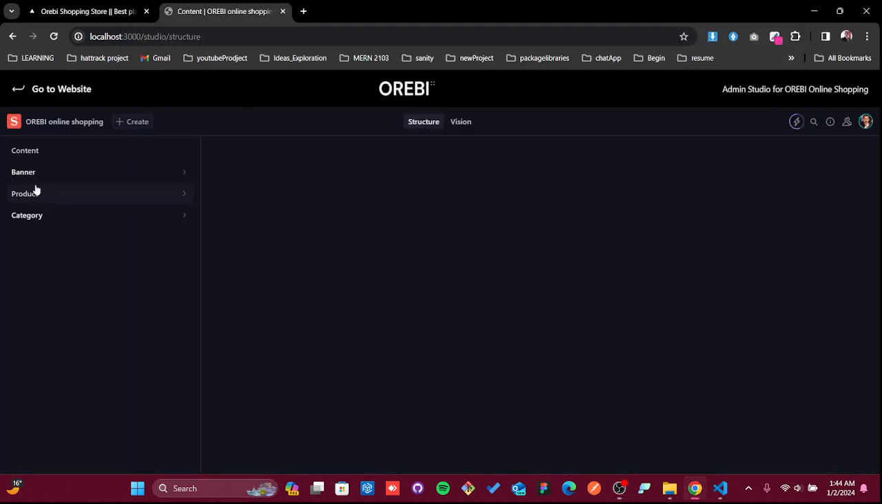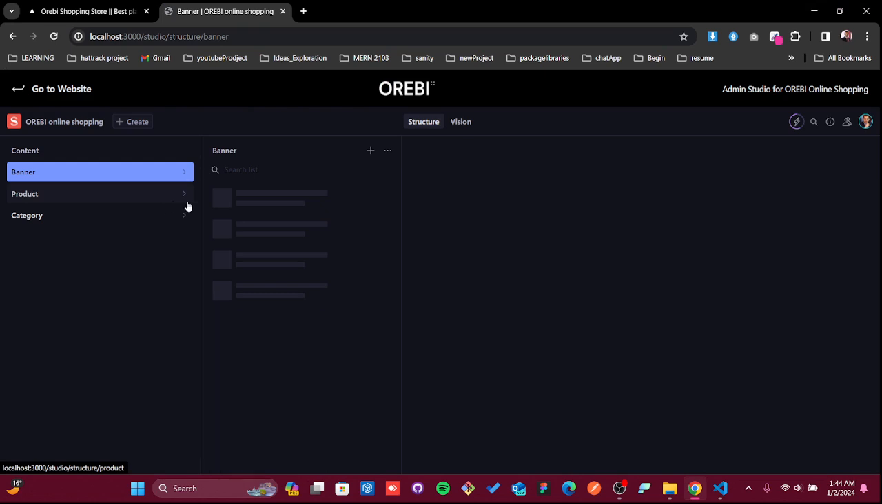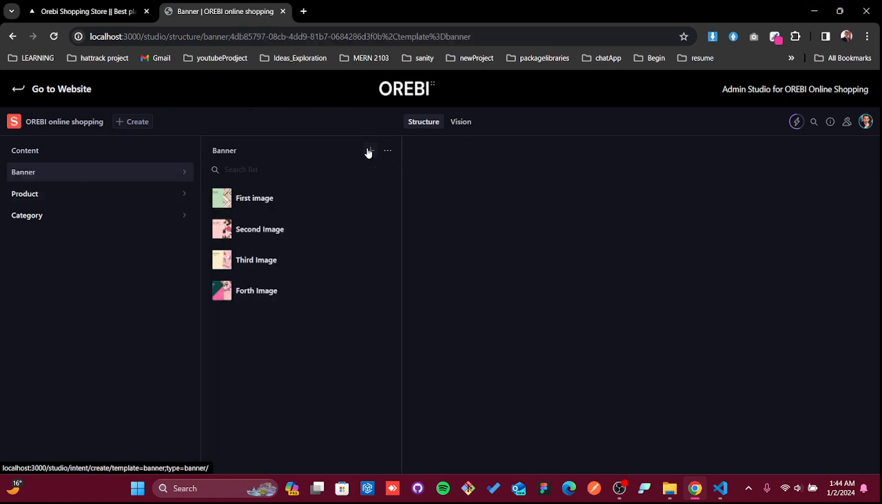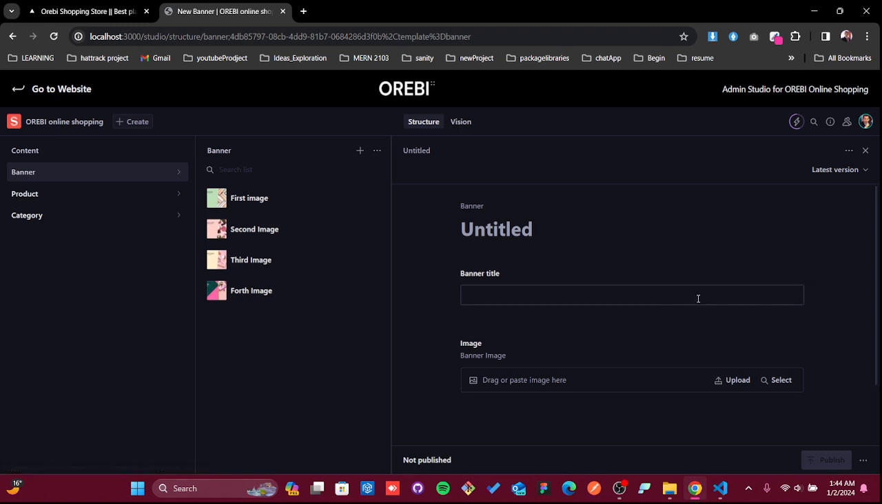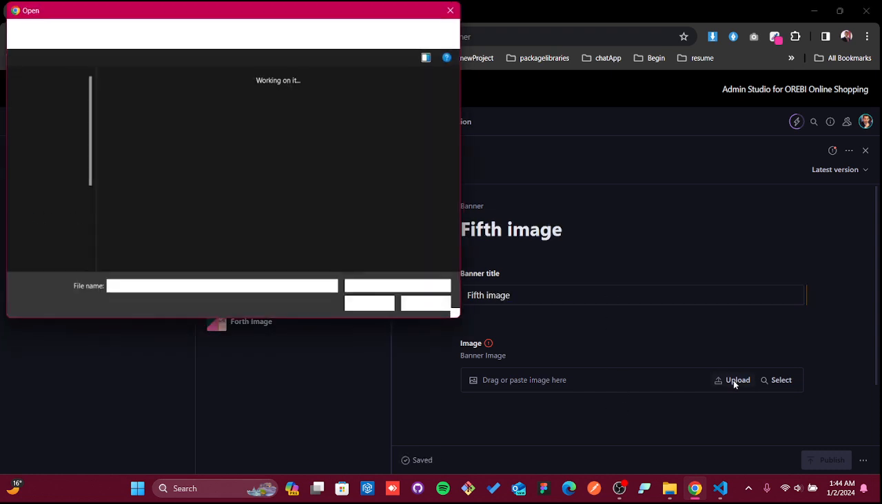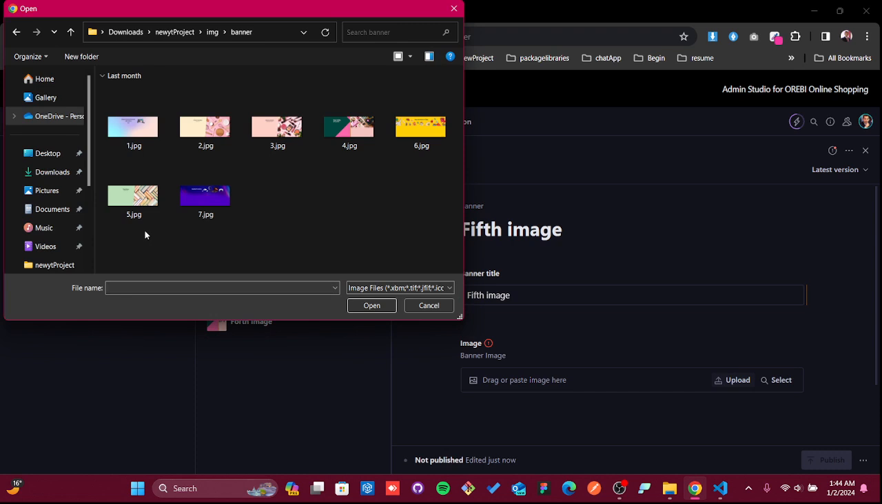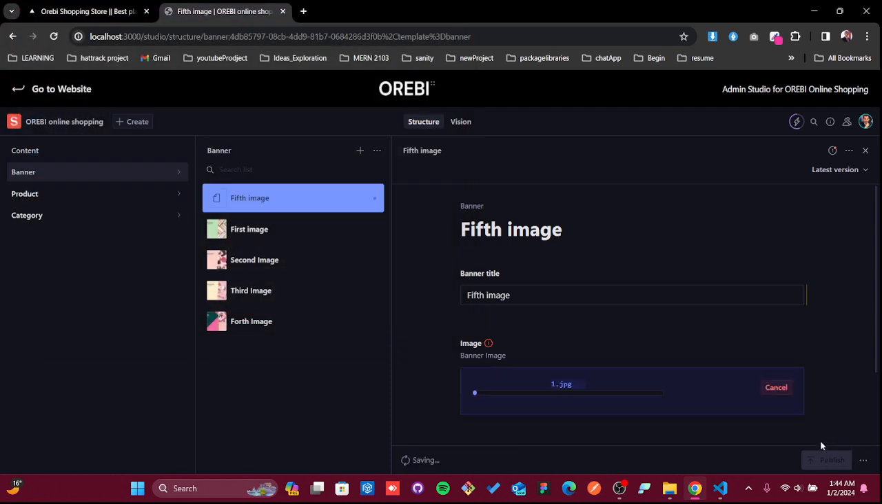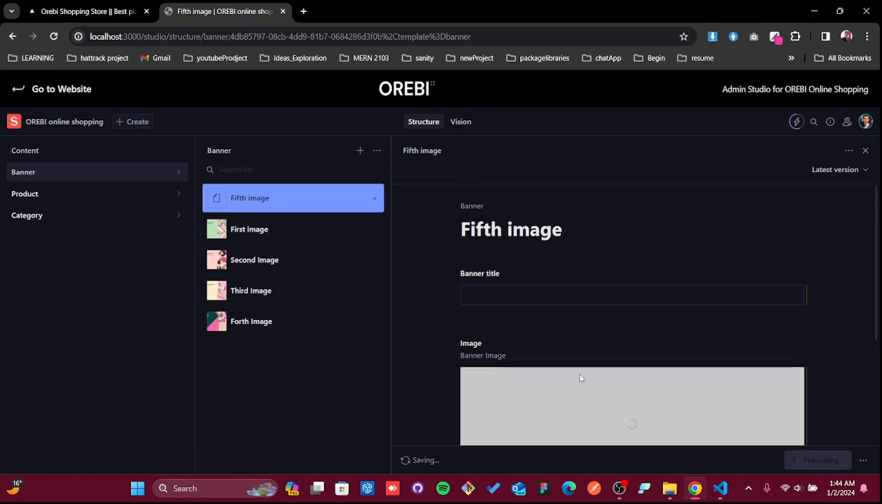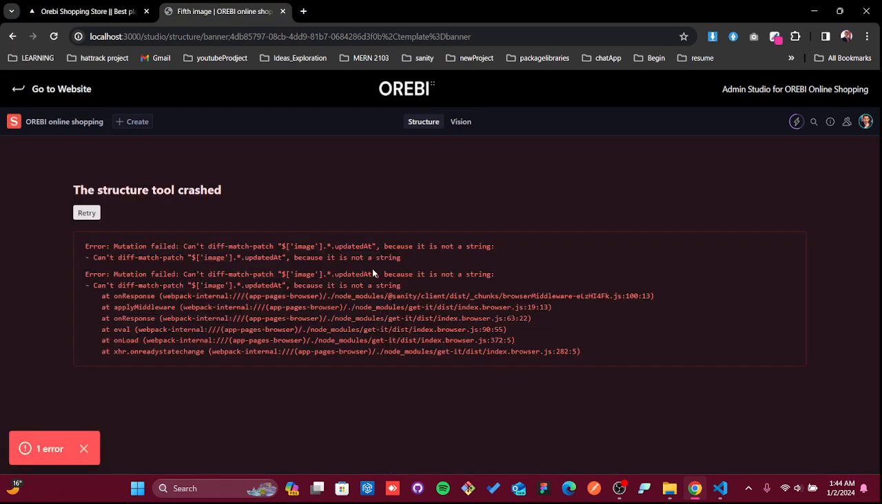So now what we're going to do in the banner, we're going to add one more banner to see if it's working or not. So let's add one more. Fifth image, and we're going to upload one image. So let's go into the banner image, we're going to upload that one. Let's see if it's uploading or not. Let's hit publish. Okay, so now there is some error, cannot diff match patch